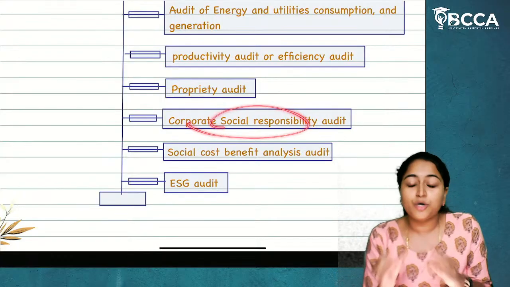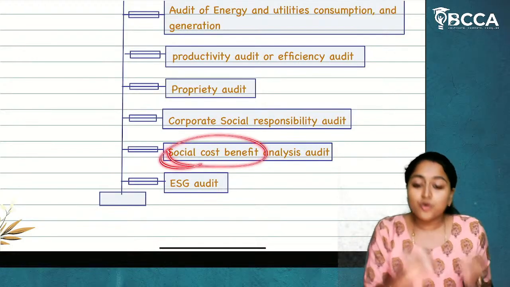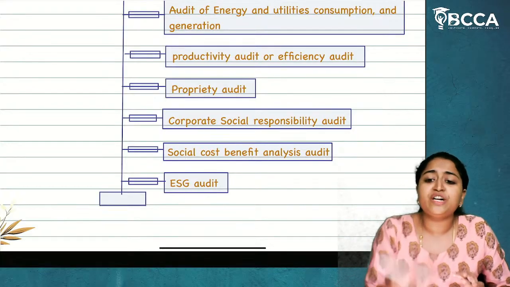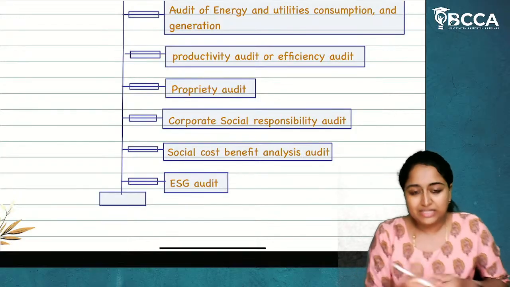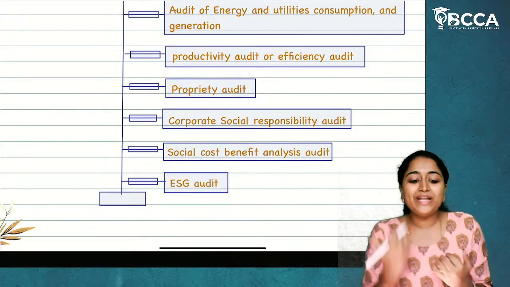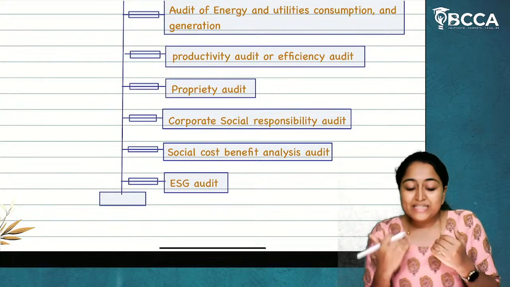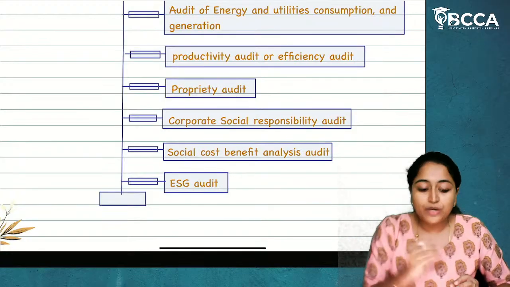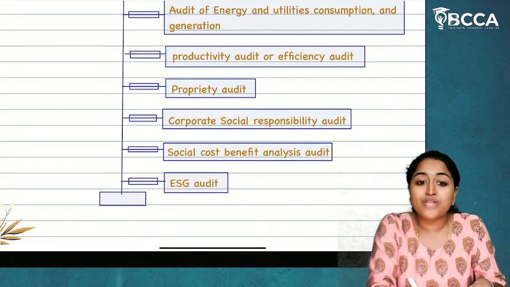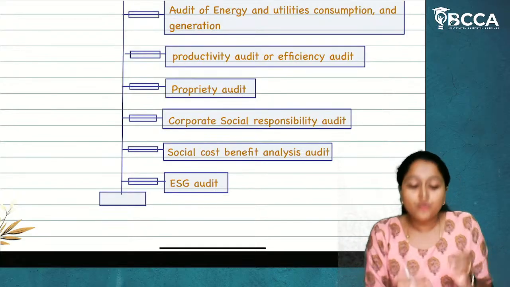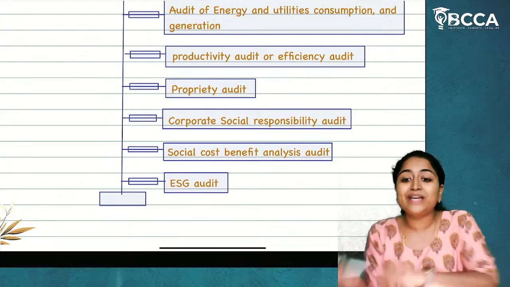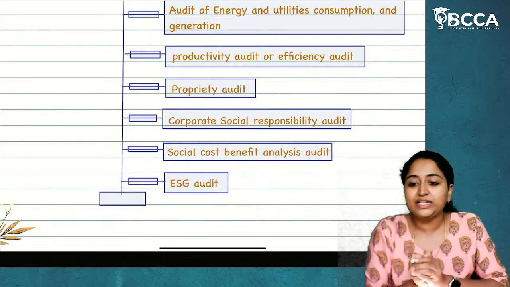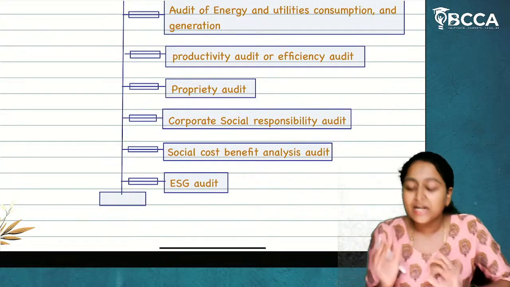Regarding that CSR responsibility, we have an audit, and we have social cost benefit analysis audit, which means organizations will work on different projects, like they will build hospitals, they will build industries. Now, if you are putting any cost in the project, it doesn't mean that the benefit which you get should only go to the organization. No, if you are putting a cost on any project, from that project, what benefit is the society getting? If you are building a hospital, the society also should get the benefit. If you are building an industry, the surrounding areas of that industry, even the society should get the benefit. Regarding that, audit will be done.